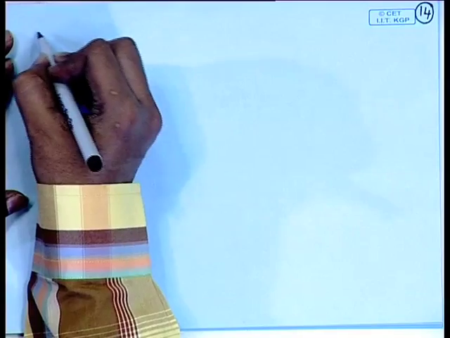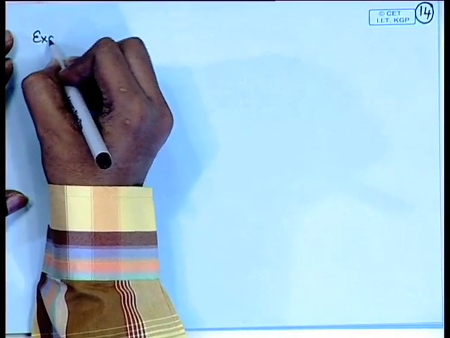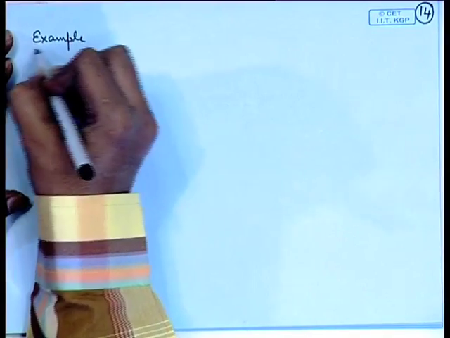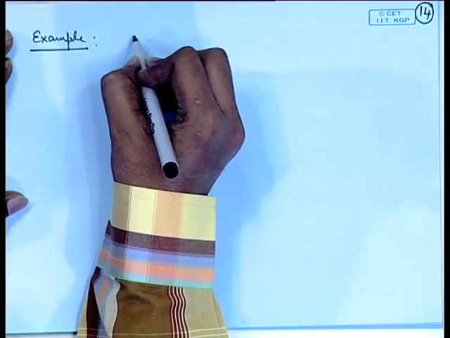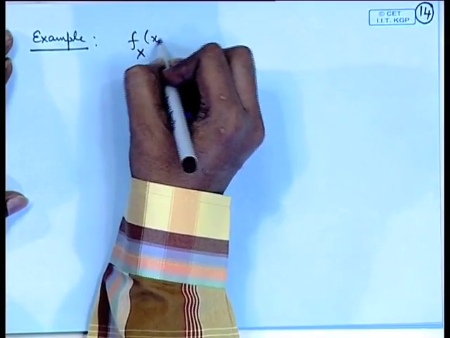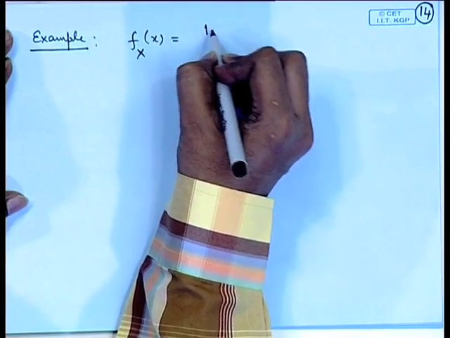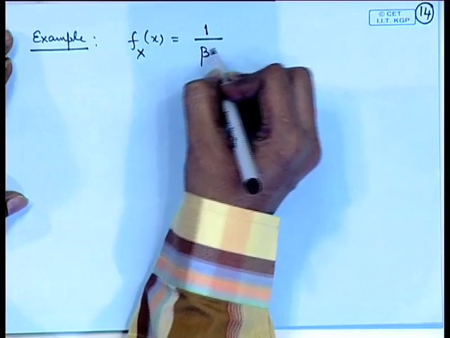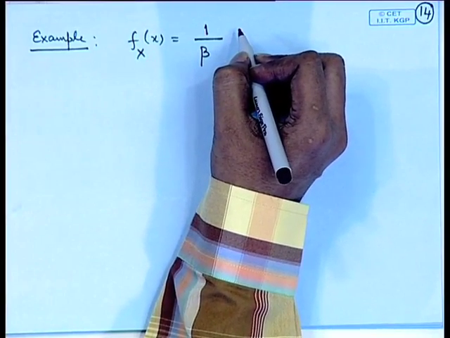Let us look at some examples of calculation of certain distributions and the moments and other characteristics that we have discussed so far. So, let us consider one example. Let x be a continuous random variable with the probability density function given by 1 by beta